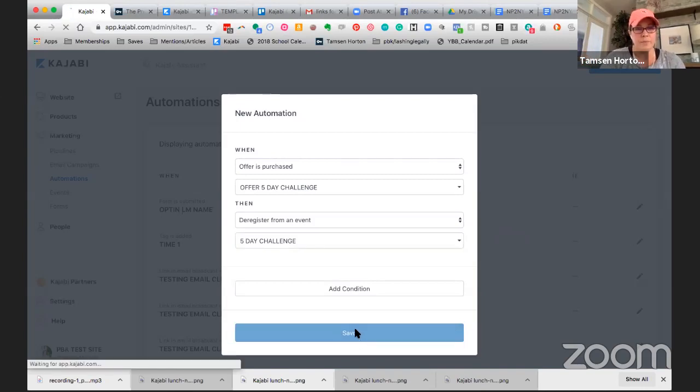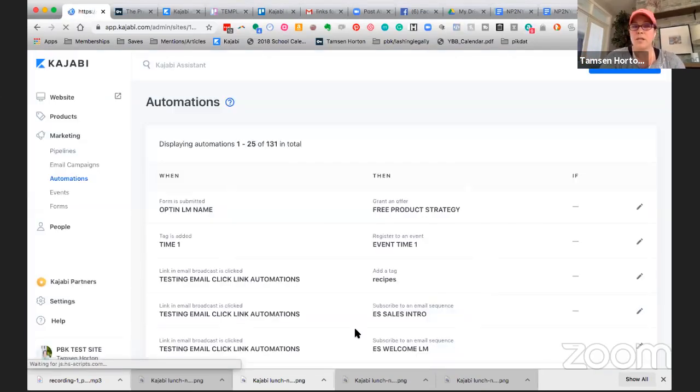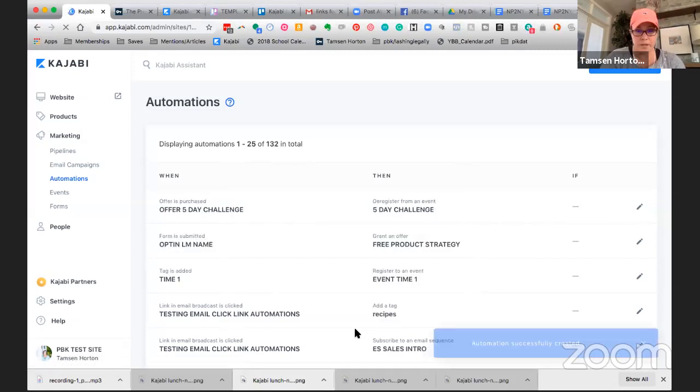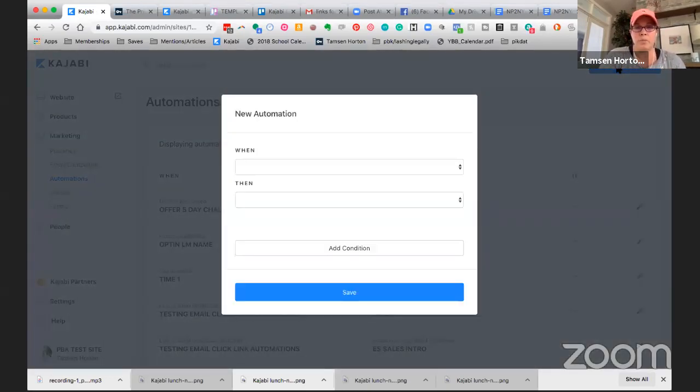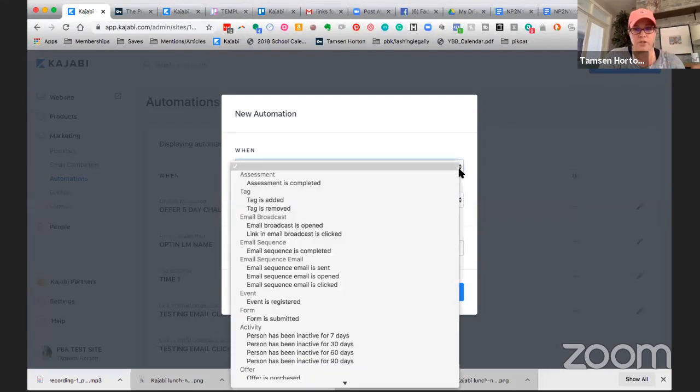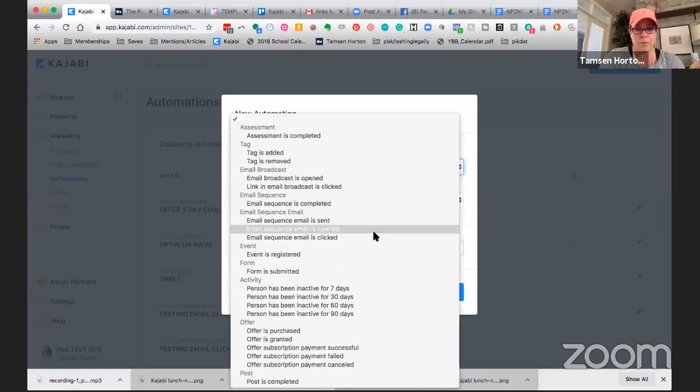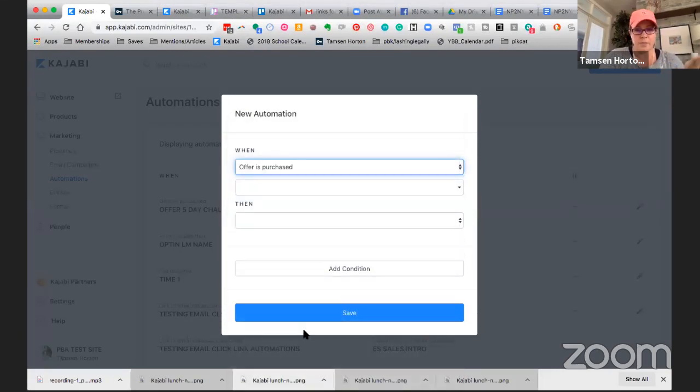We click save. Now, that's not the only automation those people need. They purchased, so we need to subscribe them to the email sequence buyer intro. So we go to new automation. We could also do this on the offer checkout screen. There are 2 doors that you can go through. Here, offer is purchased.